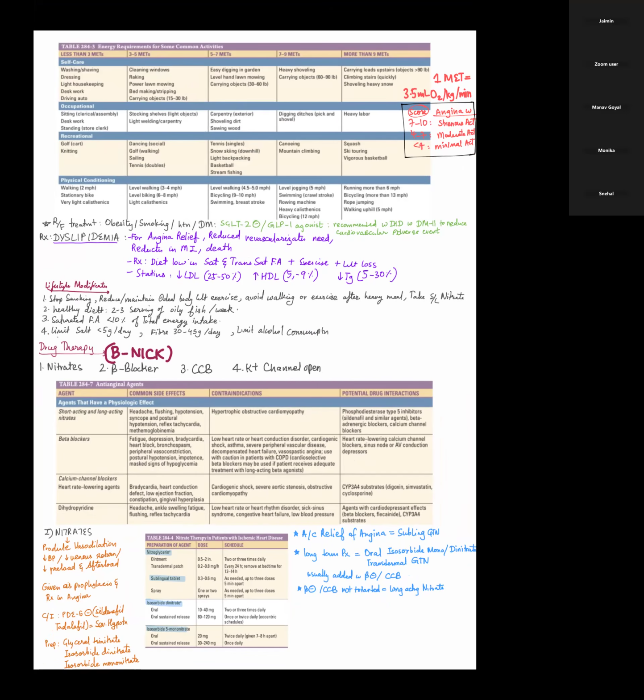will need further evaluation। ठीक है, तो ऐसे कभी नहीं करना है कि कोई पेशेंट अंजाइना के साथ आ रहा है तो यू जस्ट कीप ऑन गिविंग nitrates, maybe a longer acting nitrate or other forms of nitrate। ऐसा नहीं करना है। You have to first evaluate whether the angina that is developing is because of a clot in a different artery or is it related to the same disease। तो अगर वो सेम डिसीज से रिलेटेड है तो instead of increasing the dose of nitrate you will have to think about adding on the other drugs for angina like beta blocker or CCB। ठीक है।